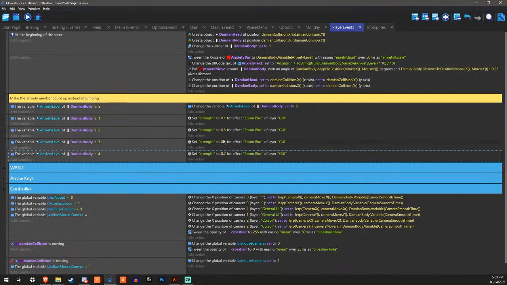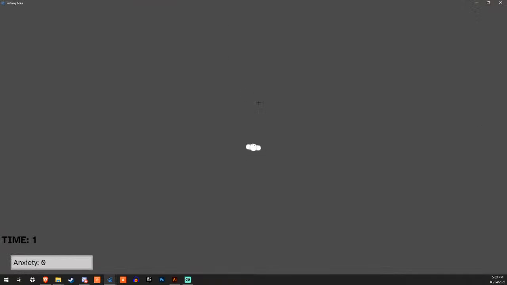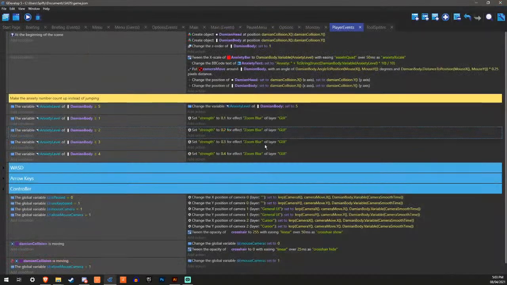Right. So I think 0.5, or okay, I think this should be 0.4. I think it's 0.3. 0.2. Right. Don't want to get it too blurry that you can't actually see what the value is. Okay, yeah, 0.4 I think is alright for a max. Although I might have to lower that a little bit.